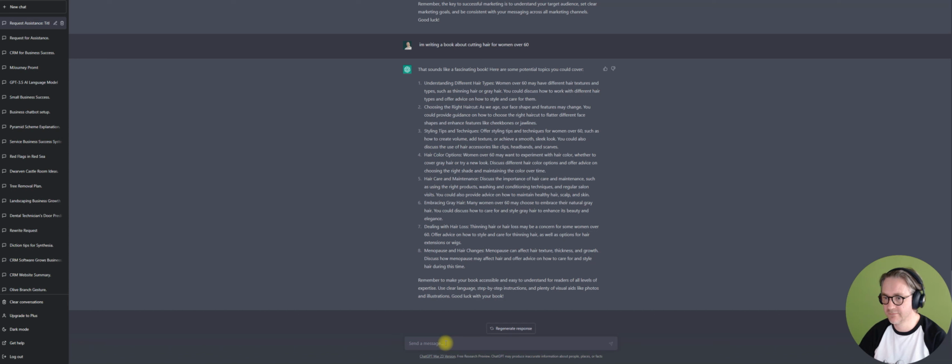Wow. So it's just given a whole bunch of ideas of, you know, what you could put in a book. And then at the end it says, remember to make your book accessible and easy to understand for readers of all levels of expertise. Use clear language, step-by-step instructions, and plenty of visual aids like photos and illustrations. Good luck with your book.